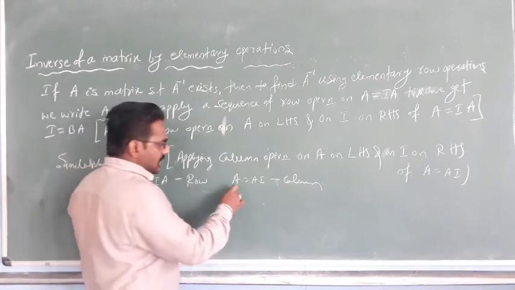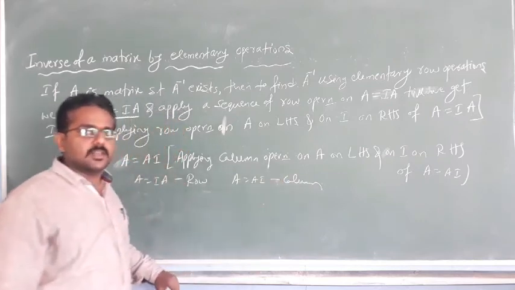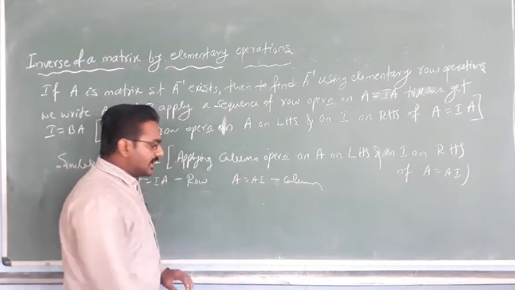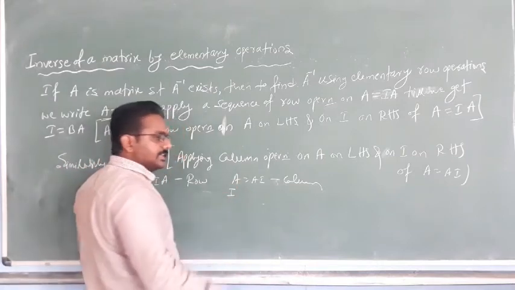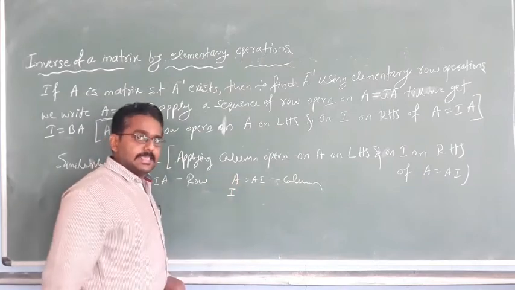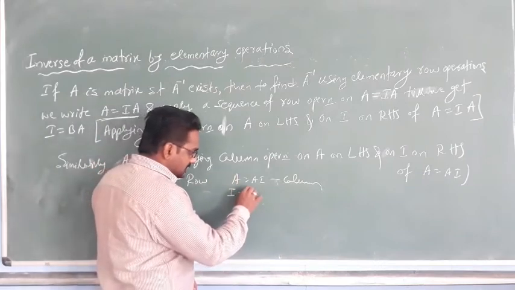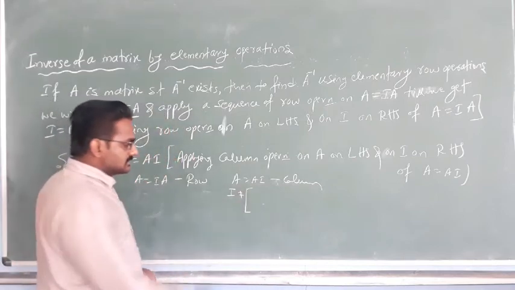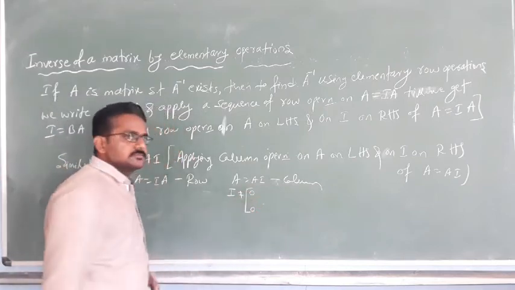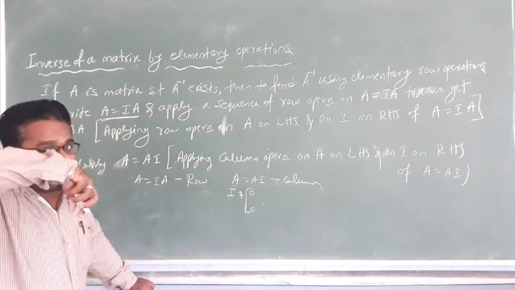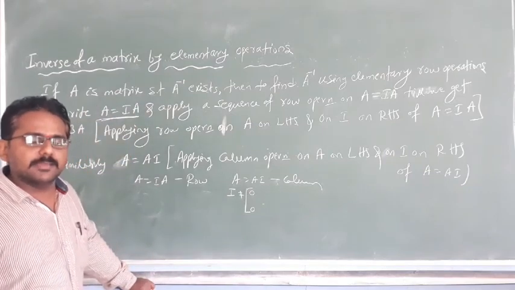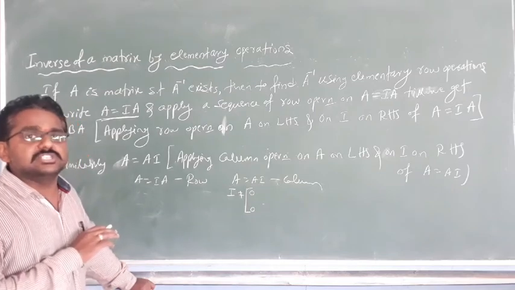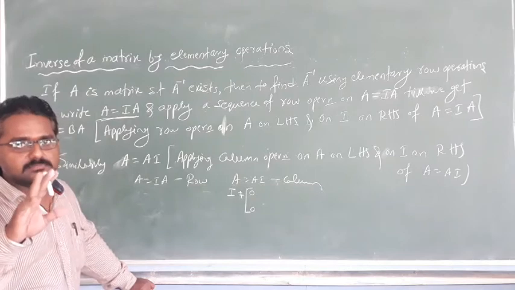Same for A equal to AI, you have to apply the column operations, students. So in here also this LHS side has to become the identity matrix of the order A. If at a certain stage it is not equal to the identity matrix, means if any column values become all 0, at that time also you have to conclude that the inverse of the given matrix does not exist. Got the point, students?